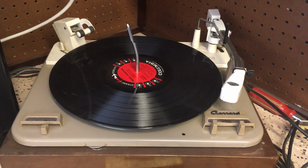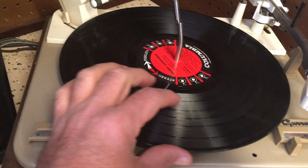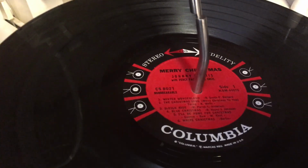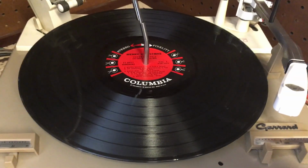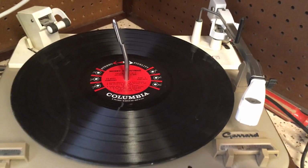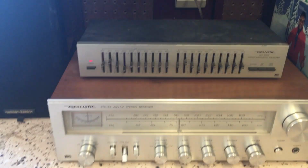Great turntable. I have it around mostly for nostalgia, and I have probably one of my favorite albums. I play this thing year-round. It's my late grandmother's vintage Johnny Mathis Christmas album record. I think they bought the record new, so 1960, 61 when it came out, and I play that year-round on my garage Realistic STA 64